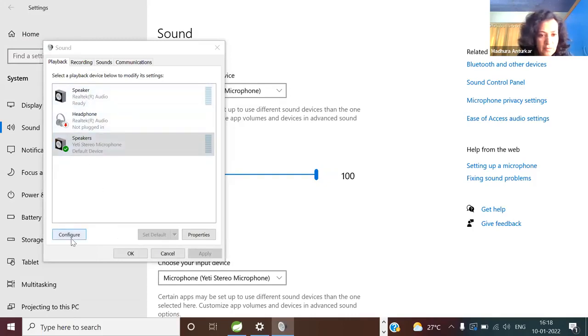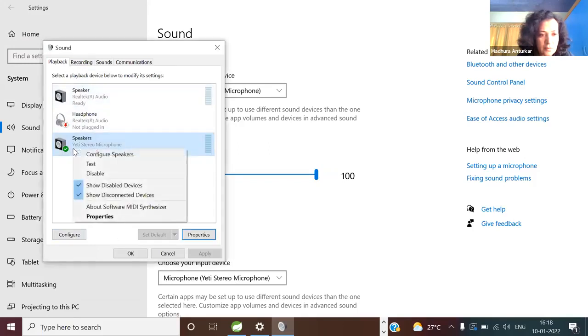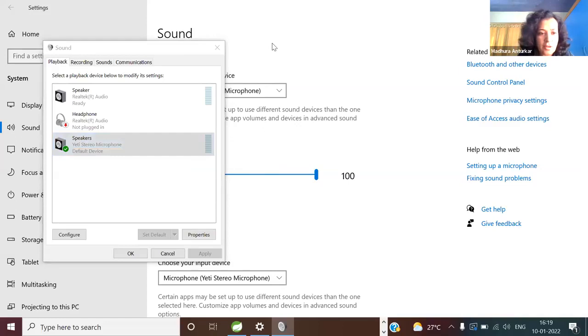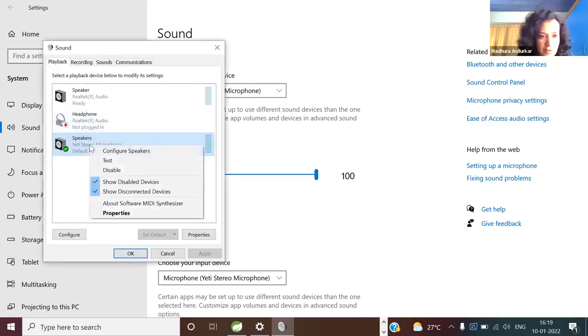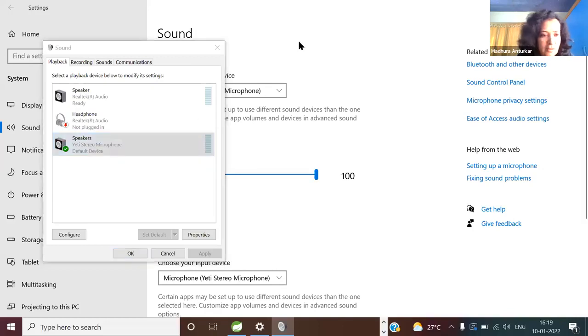Playback pane. I'm not understanding. On that new selected speaker, okay. This is the new selected speaker. Right click. What did you say? After right click, what do I do? Disable and set default again. Will that work? Let's see.